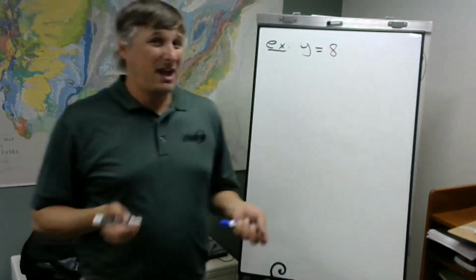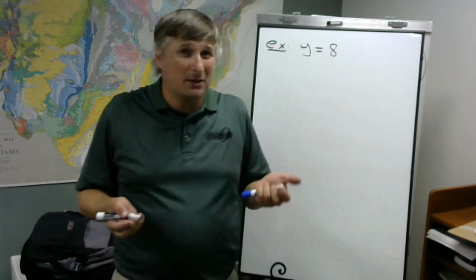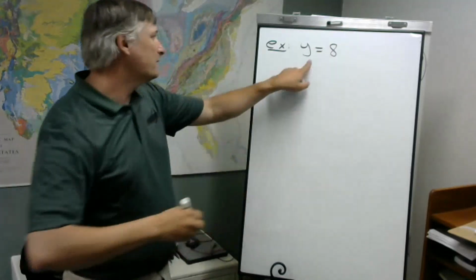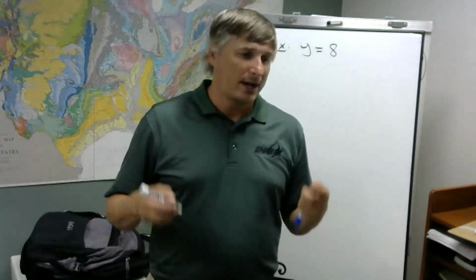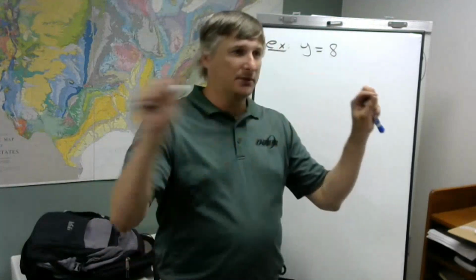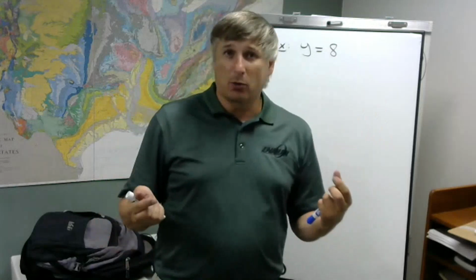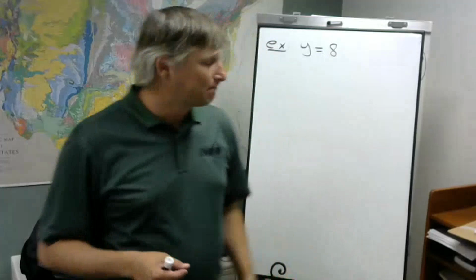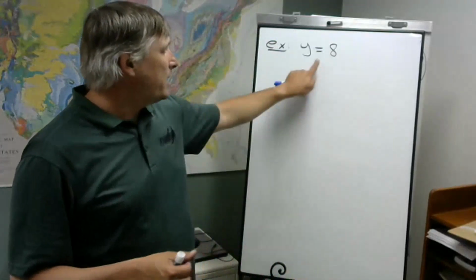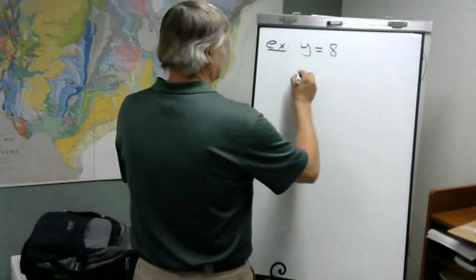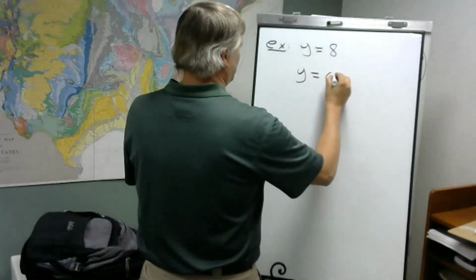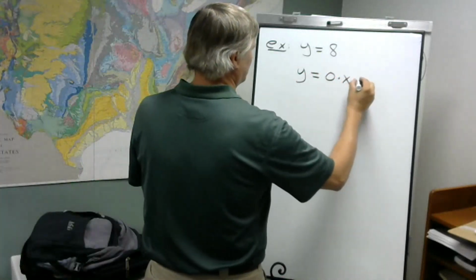Now, this doesn't have an x term. It's just y = 8. And there's a way of interpreting this. You can say this is the set of all points where 8 is in the y-coordinate. And if you look at all the points that have an 8 as a y-coordinate, it forms a horizontal line passing through 8. So the way we can look at this in terms of point-slope formula, well, 0 times x